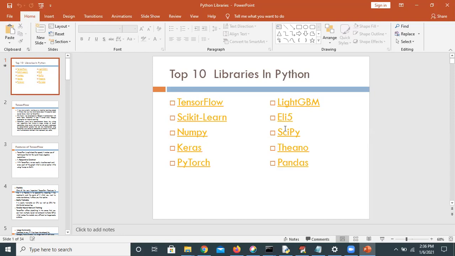Those all things you can do with which one? SciPy, Scientific Python. Like that, Keras, PyTorch, all of these are useful for each and every purpose. These 10 are the most useful libraries to perform the operations to develop any machine learning algorithm and a new application. For that purpose, they are useful.